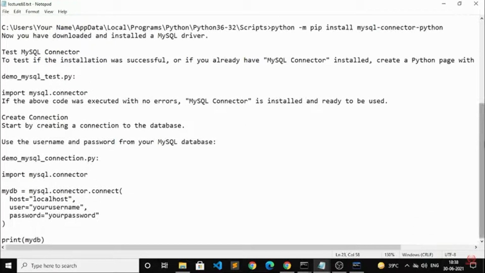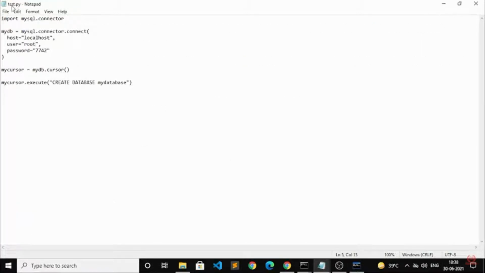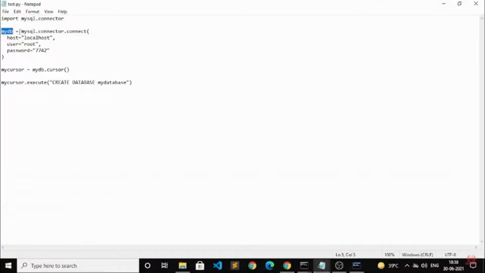Fine. So these are a few kinds of terms. They are a basic demo I have added here. You can read it. First, you have to write import mysql.connector. Inside the notepad, you can write it. After that, this is the format you should start with in case of the MySQL connector. After that, you have to give one name. For example, I have given mydb, that is the database,